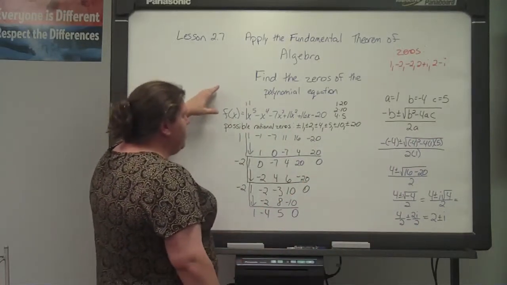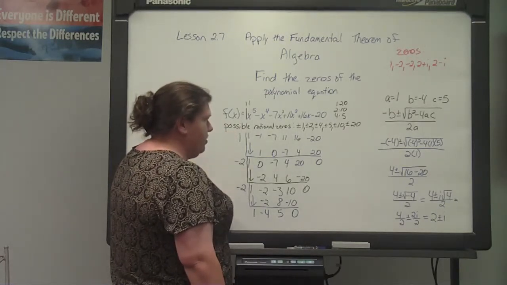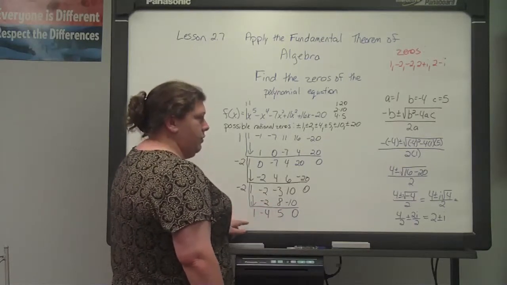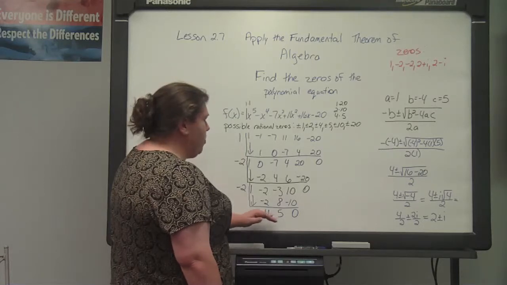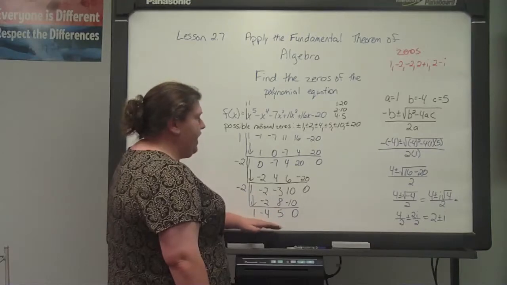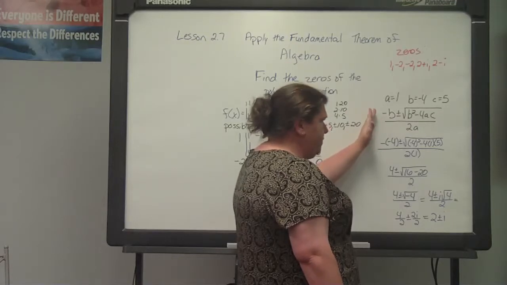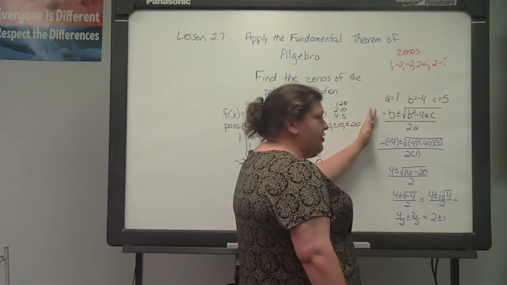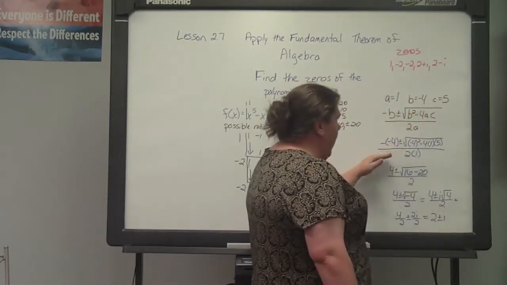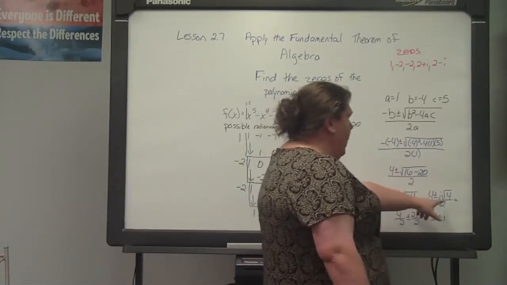So we started working the equation using synthetic division all the way down until I've got 3 answers on the bottom of my synthetic division. Those 3 answers are my A, B, and C. From here, I came over and used the quadratic formula to solve for my last 2 answers. I plugged in my A, B, and C, and I went ahead and did the basic math, came down, and